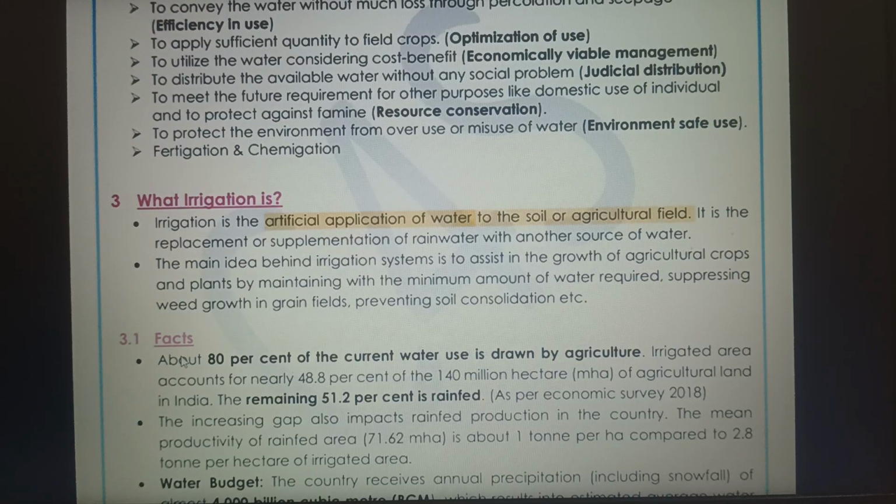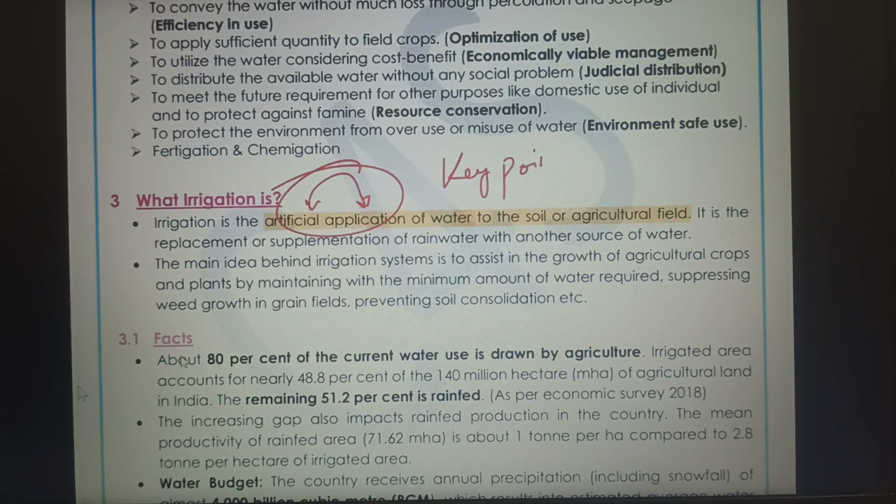They will search for this keyword whenever you write a question related to irrigation, whether you have these 2 points or not. So these are the key terms and terminologies. Nowadays, in the descriptive questions being asked in RBI or NABARD, whenever you are answering something, the answer must include the key points.